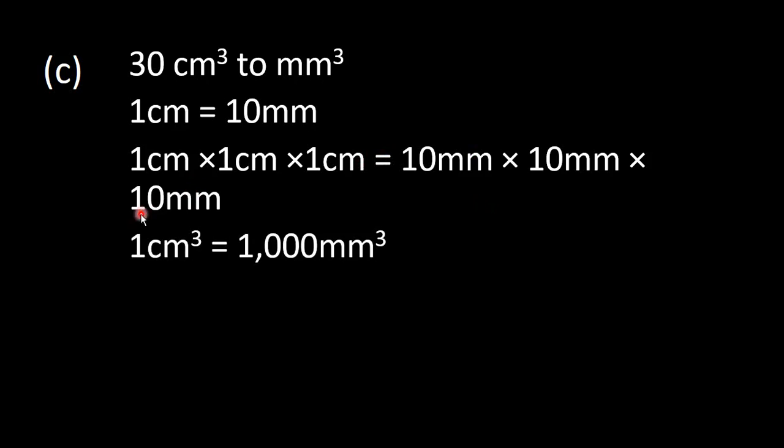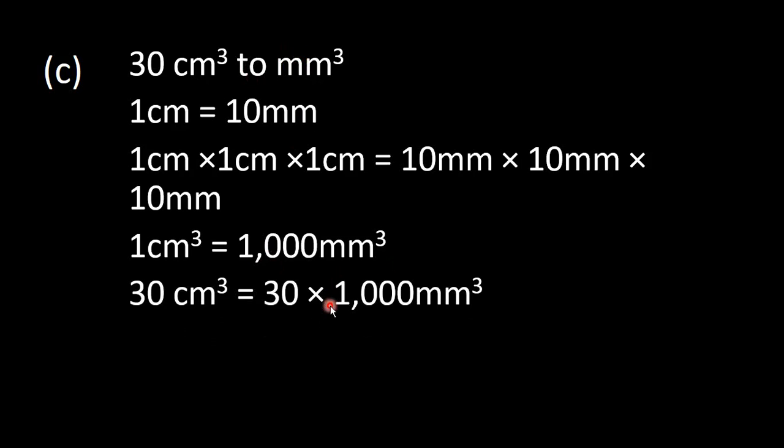Now, if 1 cubic centimeter is equal to 1,000 cubic millimeters, what about the 30 cubic centimeters? So I'm going to multiply 30 by 1,000, which will give me 30,000 cubic millimeters. So that is 30 centimeters cubed, or 30 cubic centimeters, is equivalent to 30,000 cubic millimeters. But D,